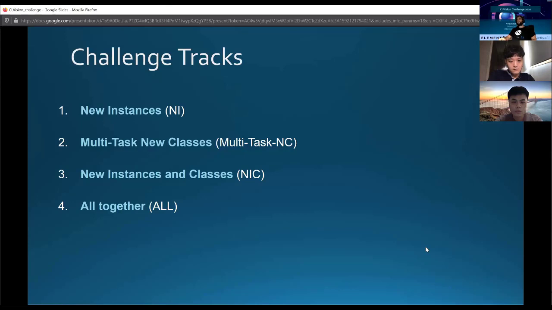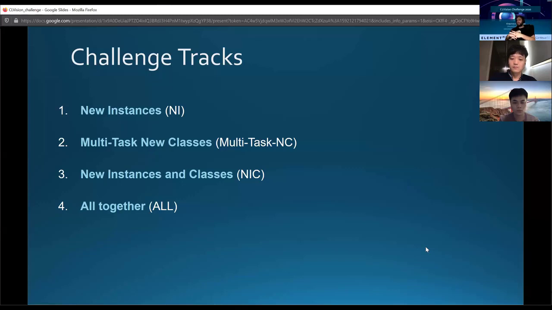So the first one is the new instances track, in which we try to assess the performance of a continual learning model in a scenario where in each incremental batch you encounter new examples, but of classes you have already seen before. So in this case, we have a single task, not multiple tasks, and we try to improve the performance of our model over time, just with new examples from different distributions. And the second track is about multitask learning, let's say, continual learning with new classes that we encounter in each incremental batch. In this case, we also have access to the task information label, both during train and test.